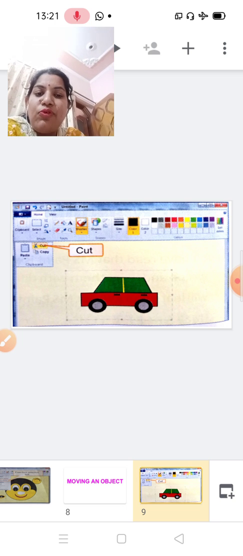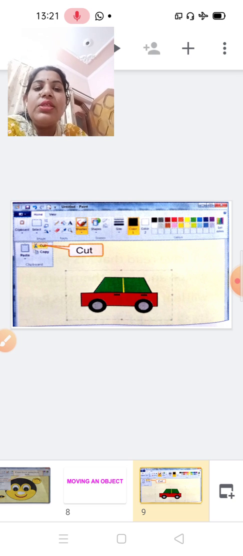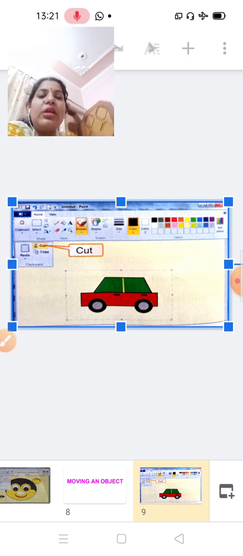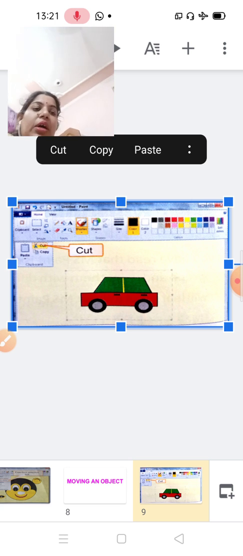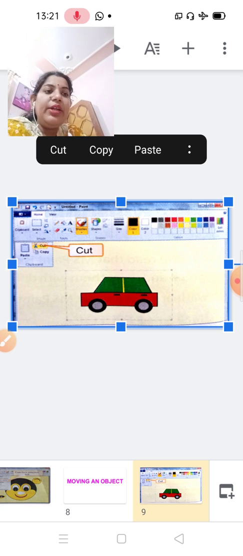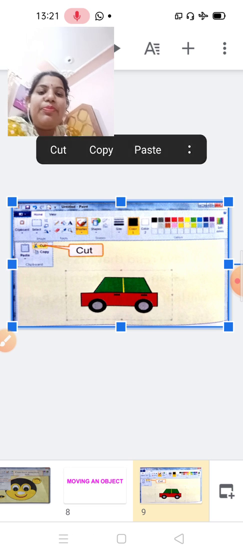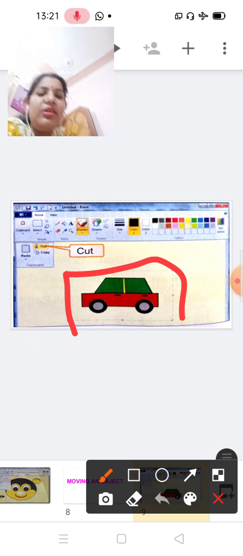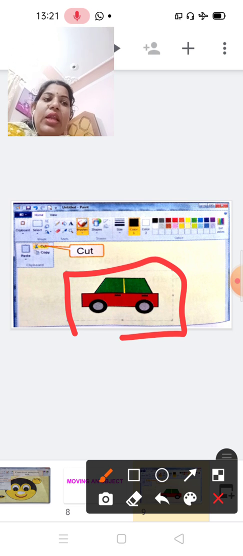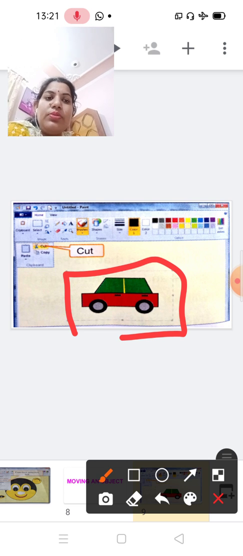A rectangle with dash lines will appear around the picture, as shown.